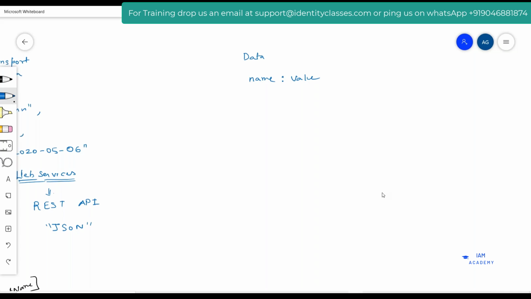The second syntax is that data is separated by a comma. So for two different pieces of data, you should have a comma. Name 1, value 1 should be separated by a comma. Then